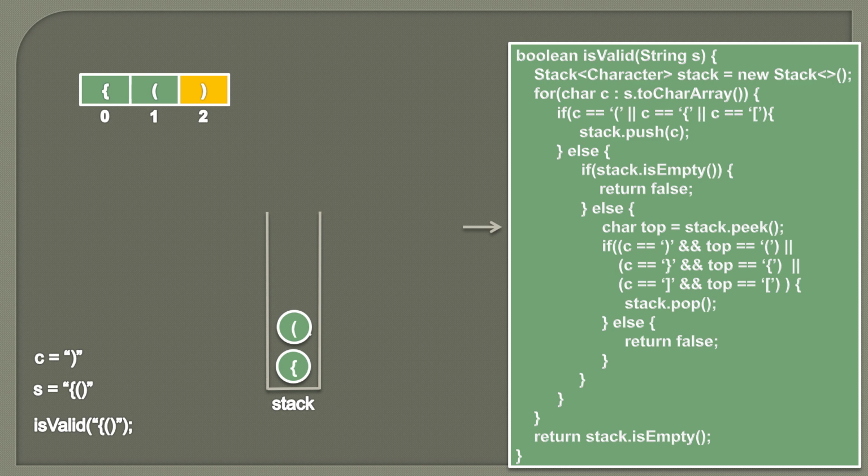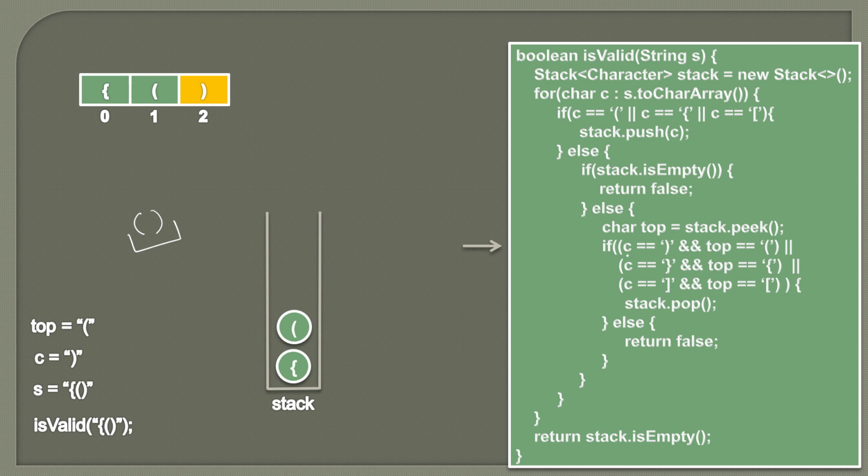So if we see the top of the stack, we will have an opening round bracket. So top will be equal to opening round bracket. Now here you can see that top is equal to opening round bracket and C is equal to closing round bracket. So therefore it's a match. The element on the stack which is top is this and the current element C is this. So it means we have found one matching pair of brackets, opening and closing, in the correct order.